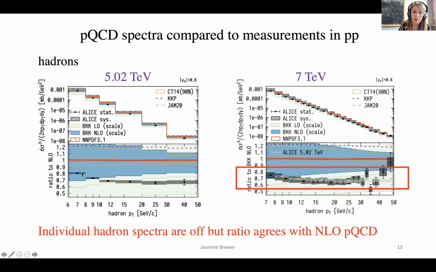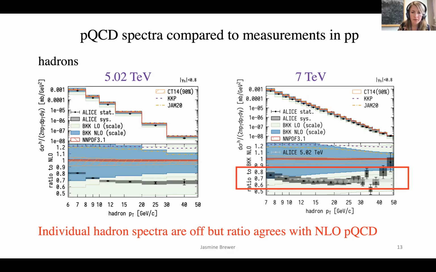The difference between the data and the pQCD is not even captured within the next to leading order scale uncertainty. Again, this is the variation that you expect in the perturbative calculation based on the changes of the factorization or renormalization scales. These scale uncertainties, shown in blue, are large compared to the PDF uncertainties, which are in red and orange.